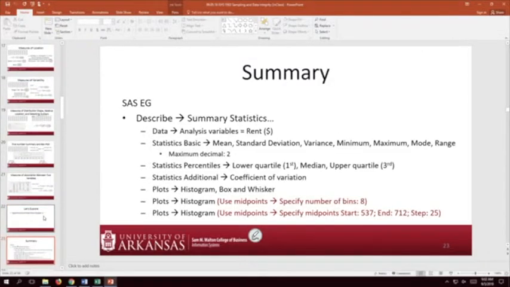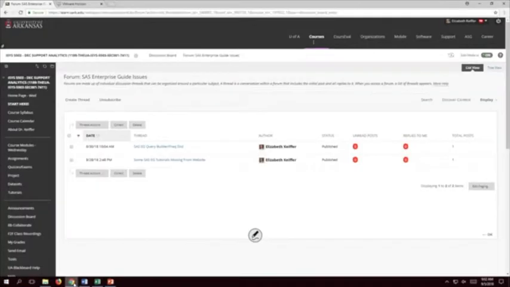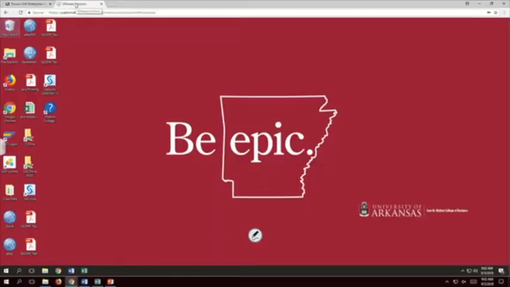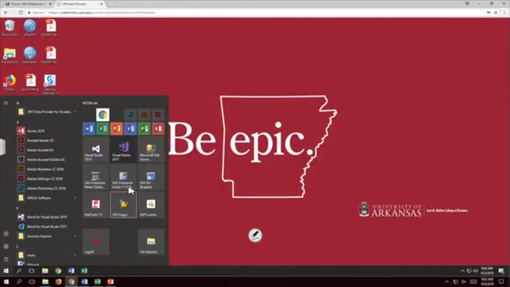So again, I tried to have this summary. So this is what we did at the end of class last time. So I'm going to go over part of this really quickly, and then I'll go into part of it in more detail, the part we didn't get to. All right, so in SAS Enterprise Guide,